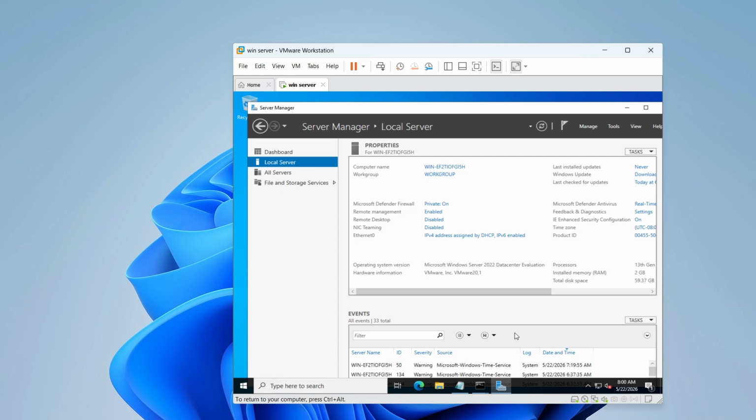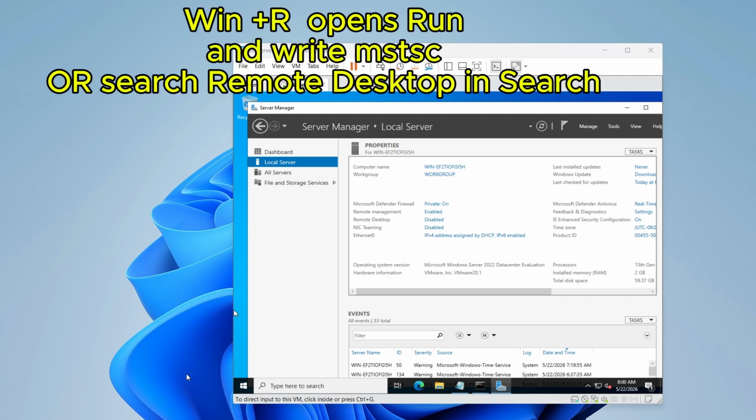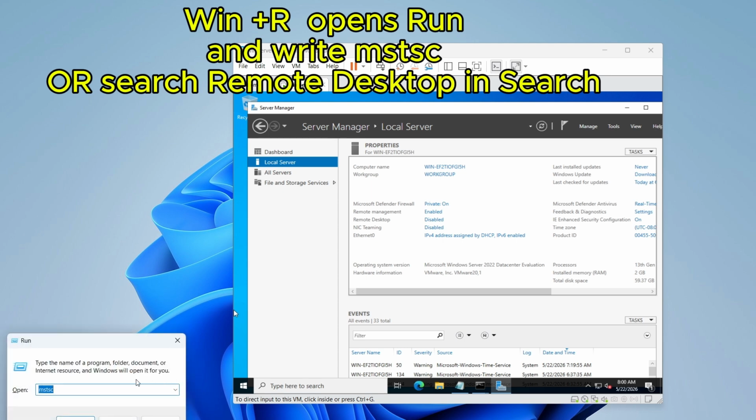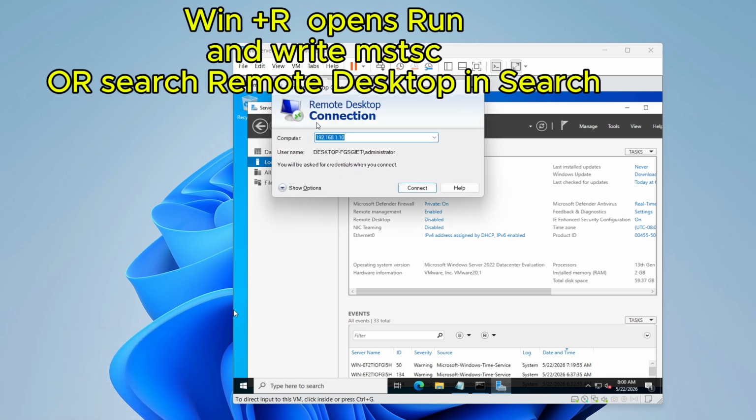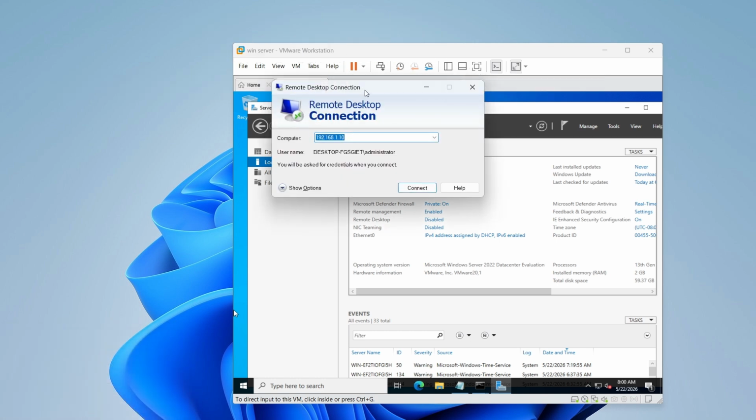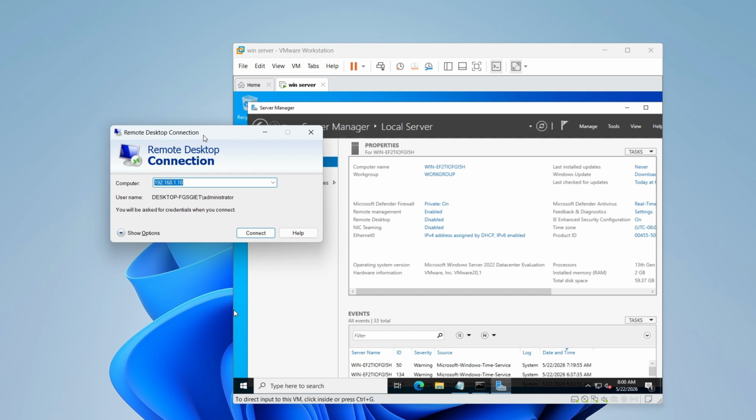Now go to the Windows 11. Here we will press Windows R and type mstsc, then OK. You will see this terminal. Then write the IP of the Windows Server, and the IP of Windows Server is